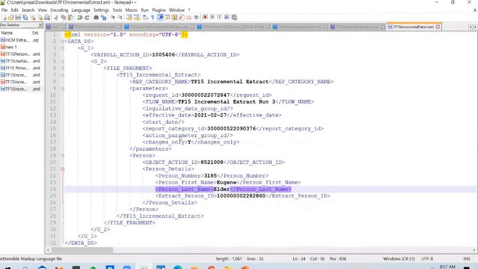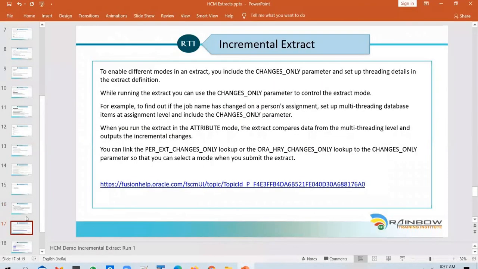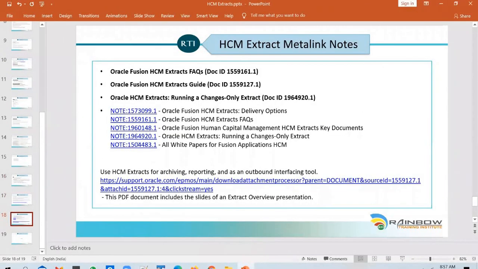You have all the details in the PPT, guys, so please go through it and practice it. I've also mentioned a couple of Metalink notes which might help you understand, or if you want to deep dive into HCM extracts further, you can follow the Metalink notes I have given.